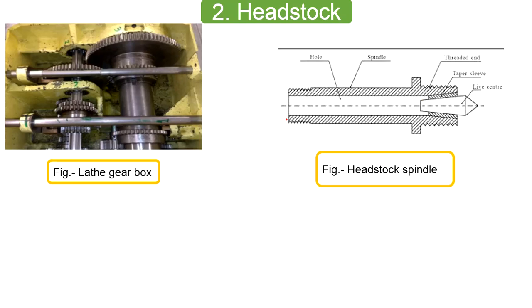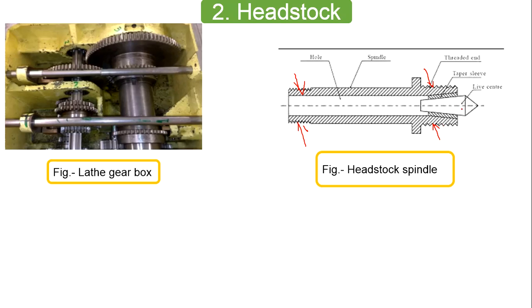We can see the spindle is a hollow spindle, and it is threaded at the front side and at the back side. On the back side we can mount the pulley or the gear so that the motion or RPM can be received from the motor with the help of the gear drive or belt drive. On the front side we can mount the chuck, either a 3-jaw chuck or 4-jaw chuck, so that we can hold workpieces of different size and shape.